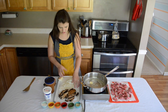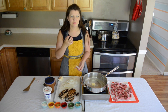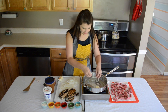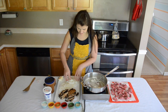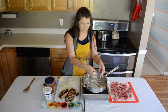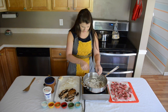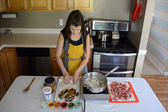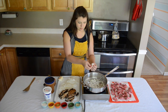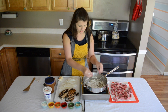Going to add in our onions, and I'm going to salt these once I get them in the pan. It's going to help draw out some of the water in the onions, and it's going to help them caramelize a little bit. So I'm going to go ahead and get these going in there. Just kind of break them up with your fingers. And they're going to take a few minutes to caramelize. You don't want to have the heat up too high where they're sauteing. I'm going to turn mine down a little bit, but you just kind of want them to slowly get a nice golden brown color on them, start melting, and get kind of,